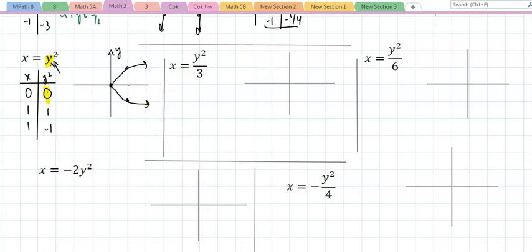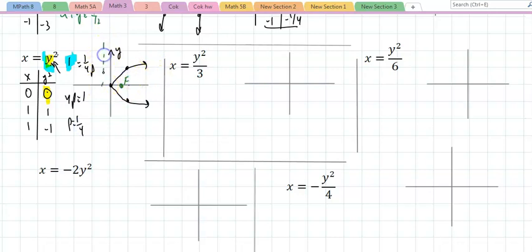That is, you take the leading coefficient, 1, and you set that equal to 1/4p. You cross multiply, and you get p to be 1/4, which means, again, within the parabola is the focus, and